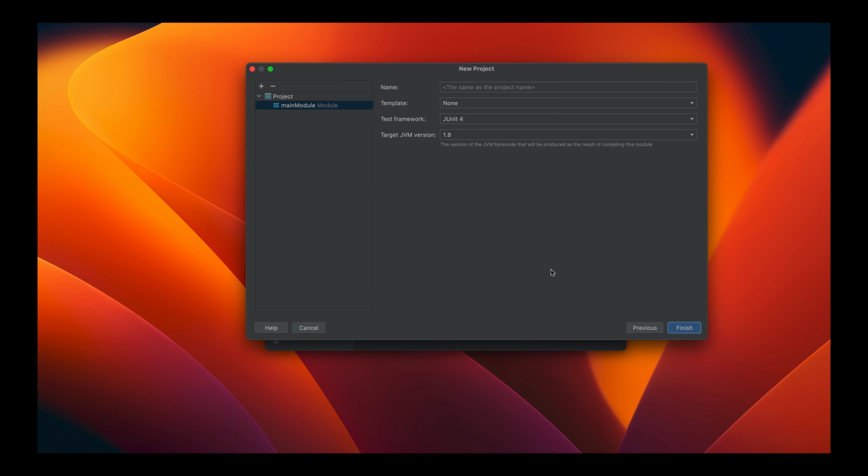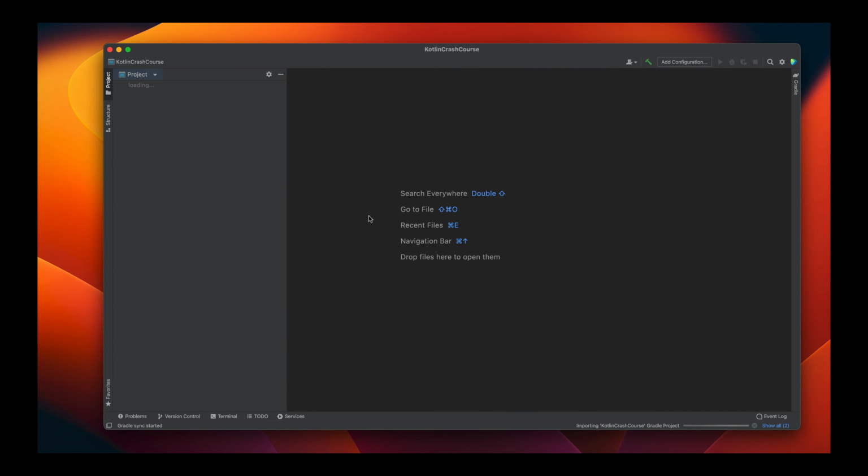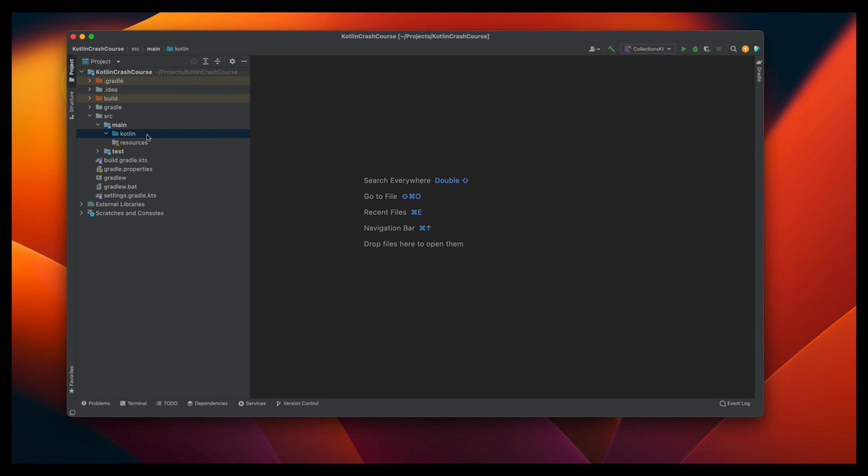Click on next and leave everything as it is. Click on finish and your project should come up in just a bit. Let's go ahead and create a file and we will do a hello world formality. So we will call this hello world